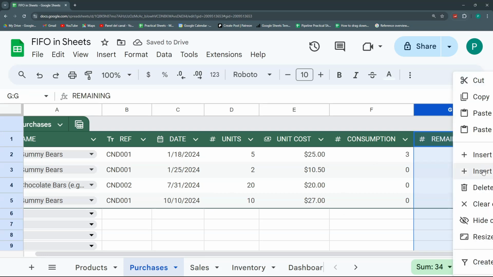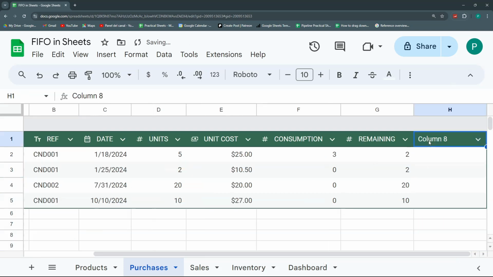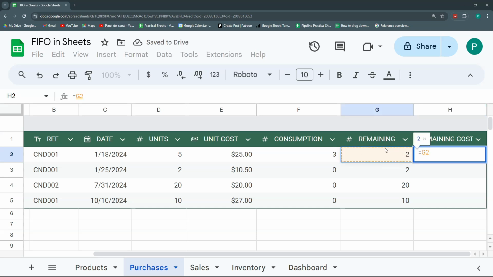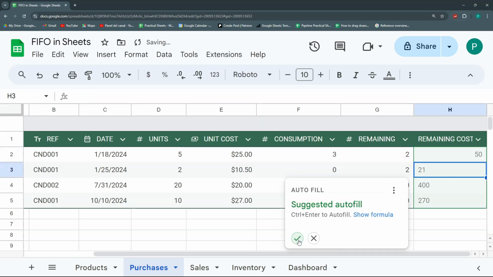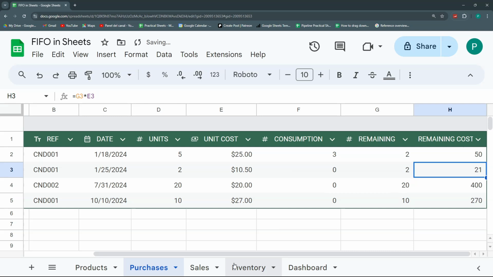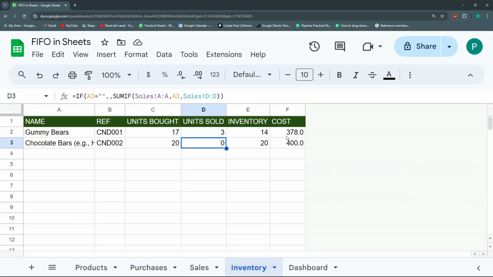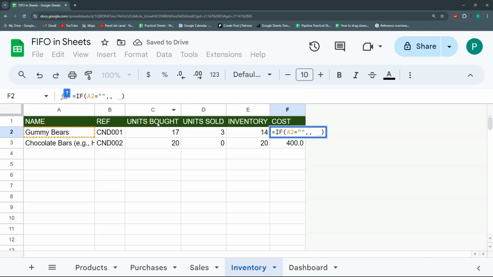Finally, I'm going to add another column to the right, and I'm going to call this remaining cost. It's nothing else but multiplying these remaining units by the cost of each unit. Again, maybe we could do this directly in the inventory, but it's more clear this way. And finally, in my inventory, it's as easy as I'm going to replace all of this, and we're going to